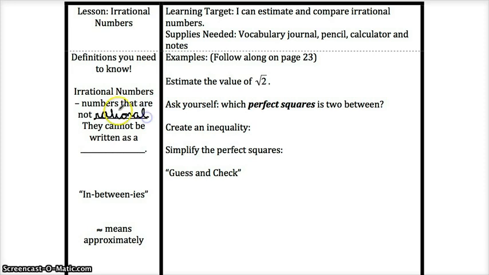Now, we've talked about what rational numbers mean in the past. Rational numbers are numbers that can be written as a fraction, like 3 over 1, or 1.2 can be written as a fraction. Any numbers, I call them normal numbers. They're rational, they can be written as a fraction, and this is your next blank right here is fraction. Okay, and so irrational numbers cannot be written as a fraction,